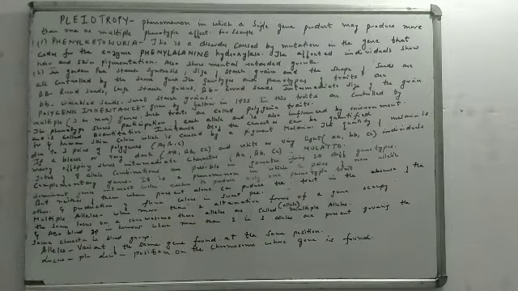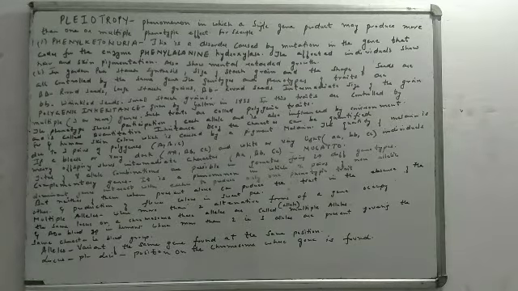So if you have more than two alternative forms of a gene occupying the same locus on a chromosome, what do you mean by locus? The position on the chromosome where a gene is found is called locus. Of course, a chromosome has many loci. In plural, we call it loci, L-O-C-I. Singular is locus, one point is locus, and the plural is loci. A chromosome has not one locus but many loci.